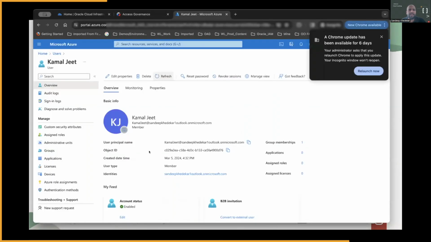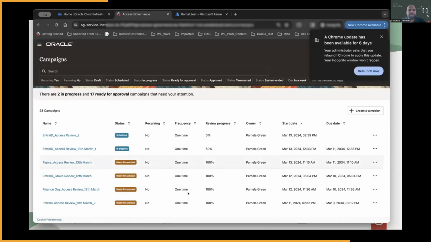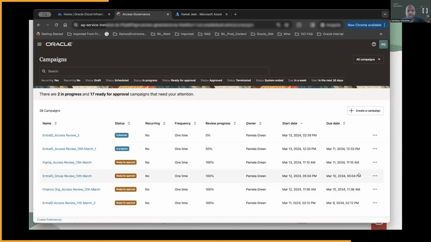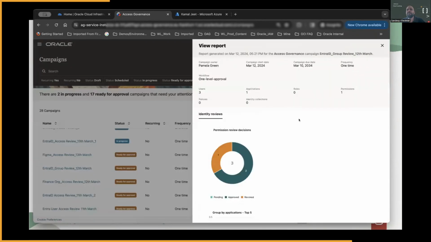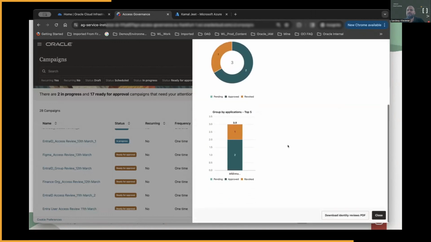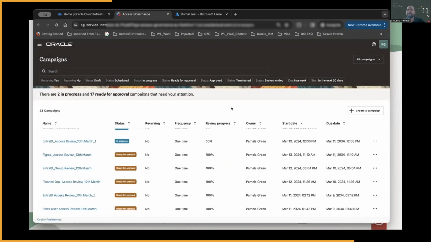But the idea here is that once this certification is completed, it gives me the report as well. So we can have a close look at what has happened. This gives you the complete certification cycle, what was involved, what was the scope, and you can always keep improving the baseline. Okay. In the interest of time, Arthur, please go ahead. It will take time to reflect that change. Please begin with the OCI IAM aspect.